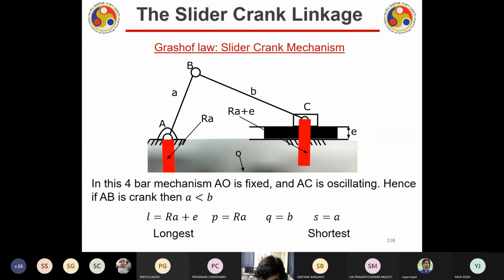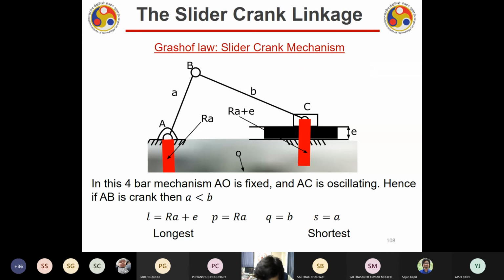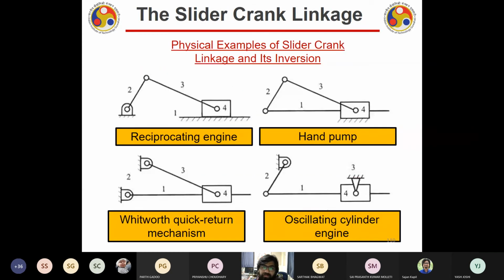So I think all of you agree with that, right? And finally, we have derived the equation. We have got it as B minus A should be greater than E. If that is the case, then only the shortest link, which is A, which is attached with the ground, can rotate fully. Otherwise, it won't rotate fully. Fine. Now,